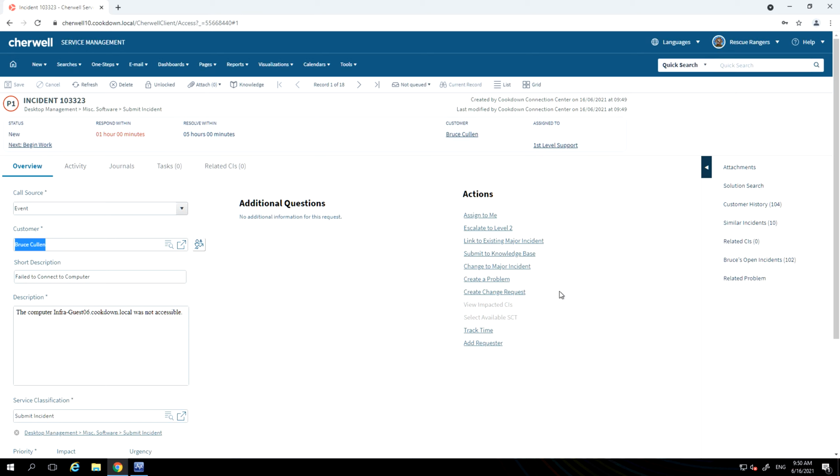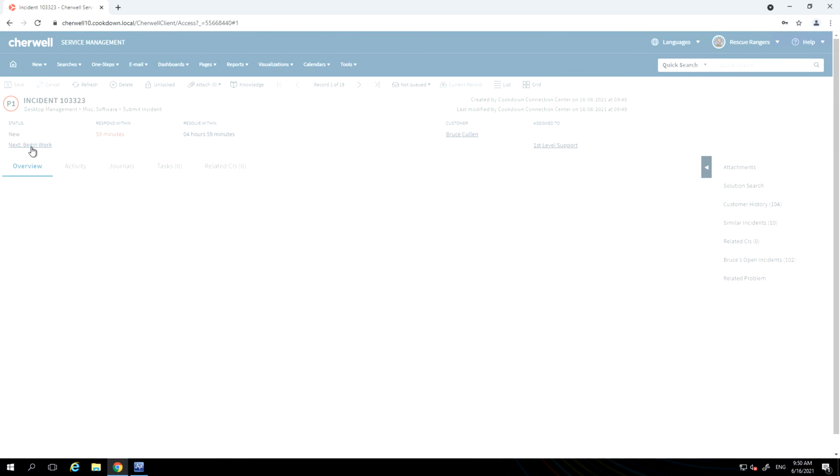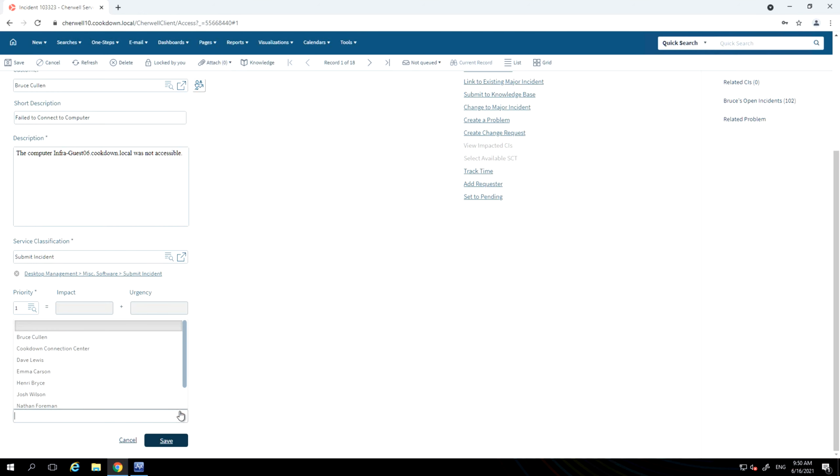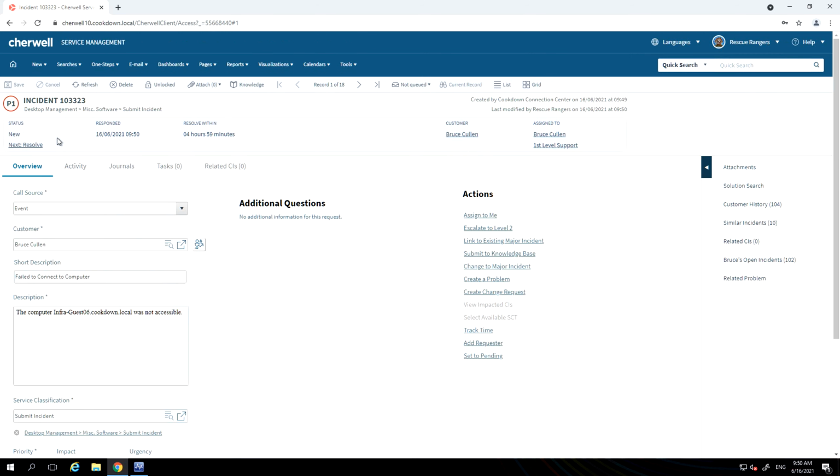So I'm going to close this incident off, and to do that I have to go through the states here in Cherwell. I have to start working on it by begin working, which requires I assign it to somebody. For the purposes of this demo, I'm going to assign it to myself and hit save. Yes, I did raise it, and I'm also going to be resolving it, but that's okay. And then I will resolve it